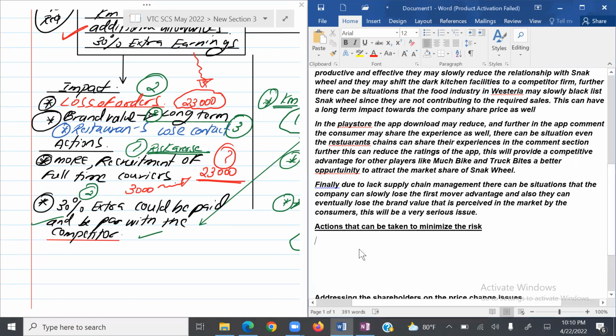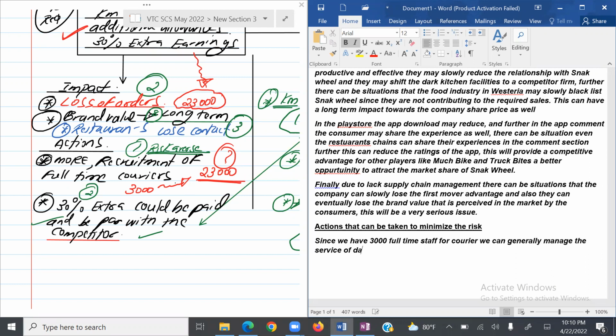So I'll write down here, students, since we have 3,000 full-time staff for courier, we can generally manage the service of dark kitchen and the densely populated regions. However, in practical,